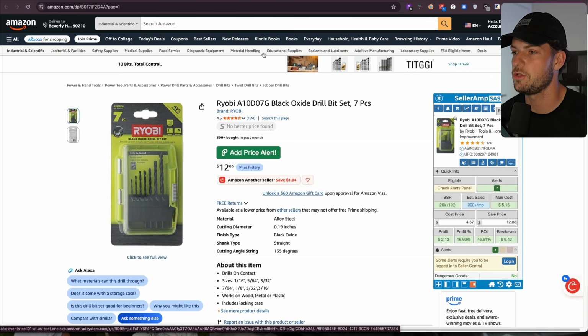It'll start to make more sense as you do that. Which now takes me to the next method of sourcing, which is manual sourcing, which can be very, very beneficial if done correctly. I don't think manual sourcing just by itself makes sense for most people because it's just way too much data to get through. But again, we can use Keepa to manipulate our search to just see things that we actually want to buy,